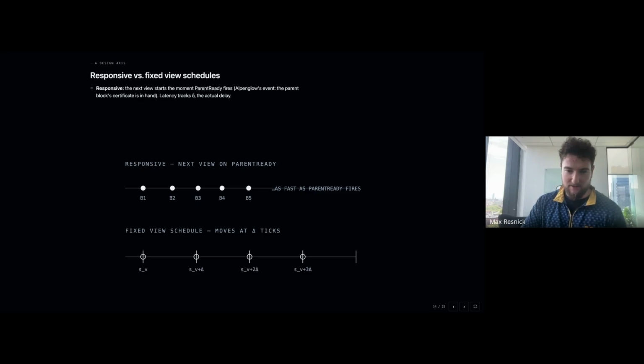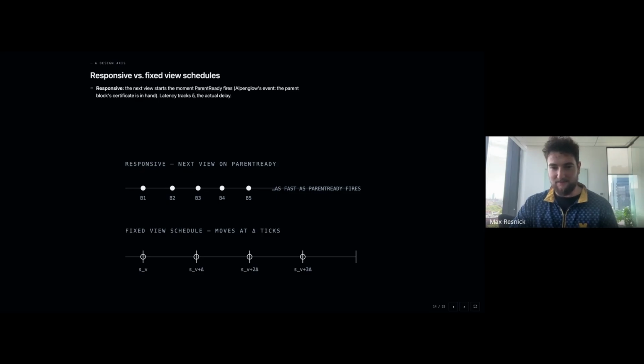What we observe now, and there's a new growing thrust in the literature, is talking about these non-responsive protocols. The argument they make is actually a timing games argument, which is that the validator can propose as late as he wants, and it's in his self-interest to propose as late as he can. So he's going to propose all the way up to the deadline. And then we're sort of back at the fixed view schedule with an aggressive fixed view parameterization. So that's the argument that the responsive protocol haters would make.